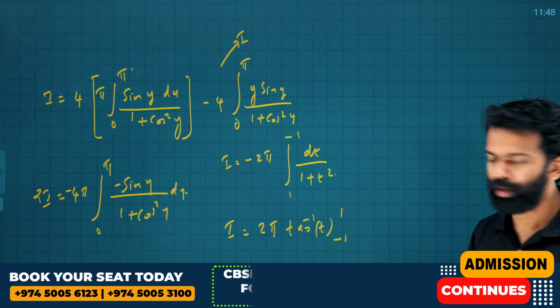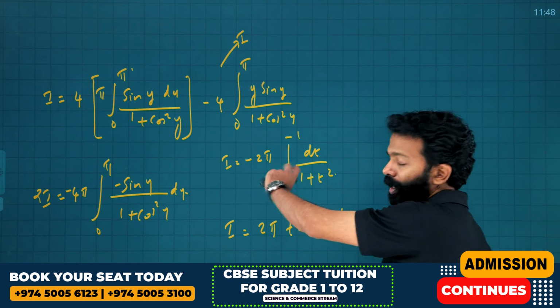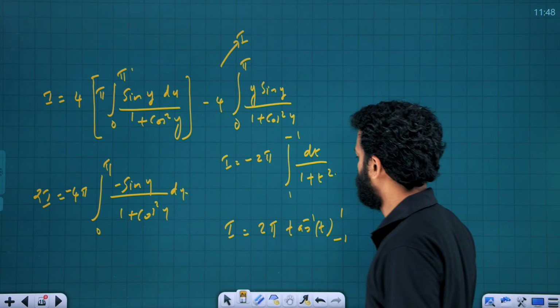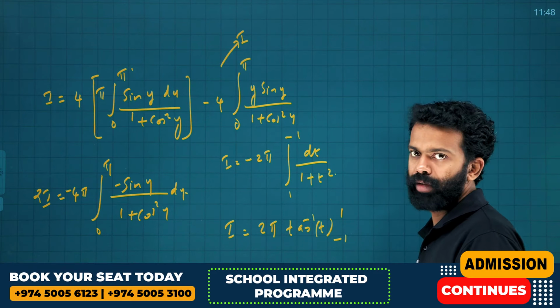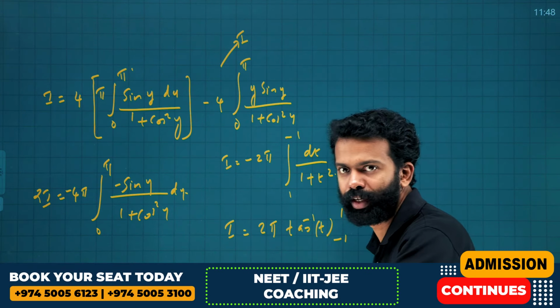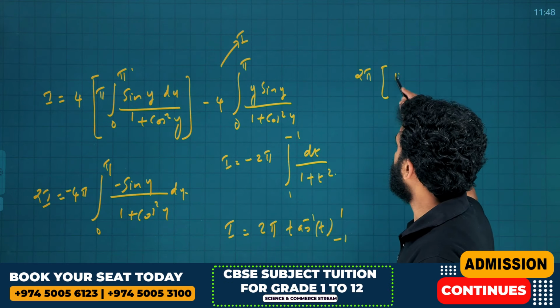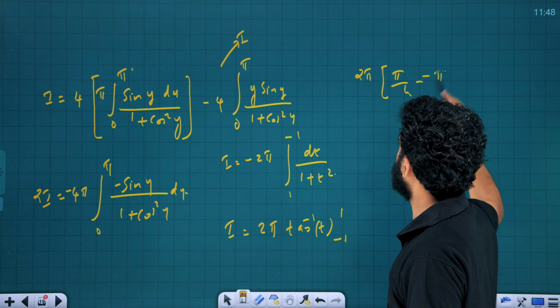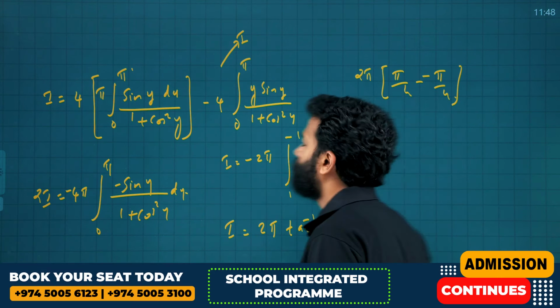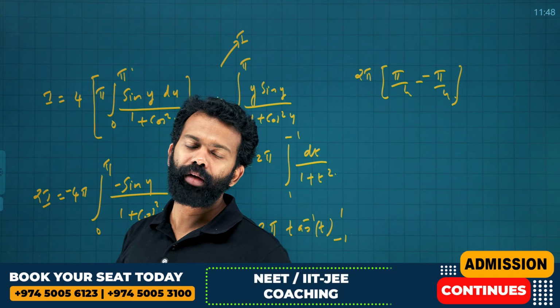What I have done here? See, in order to compensate for the negative sign, I have flipped the upper limit and lower limit. Okay, that's all. Therefore, it will be tan inverse 1, that is pi by 4, minus tan inverse minus 1, that is minus pi by 4. Therefore, it will be 2 pi into pi by 4 minus of minus pi by 4. Okay, that is pi by 4 plus pi by 4, that is 2 pi by 4, that is pi by